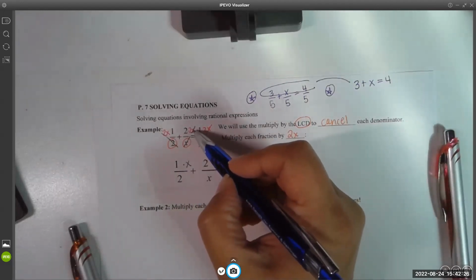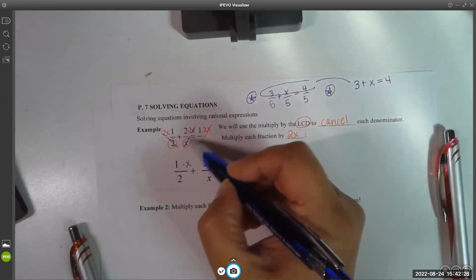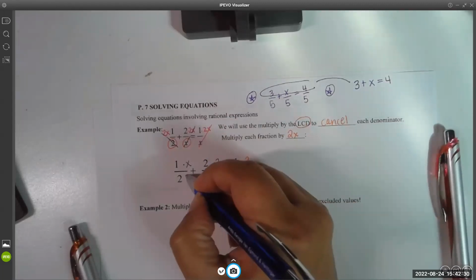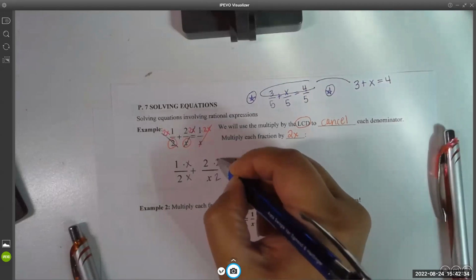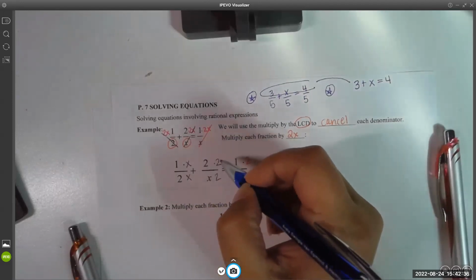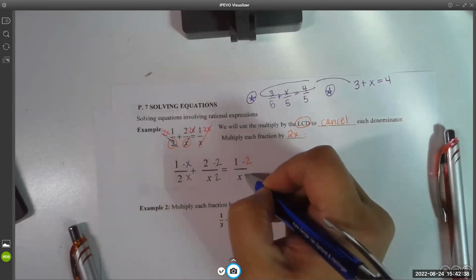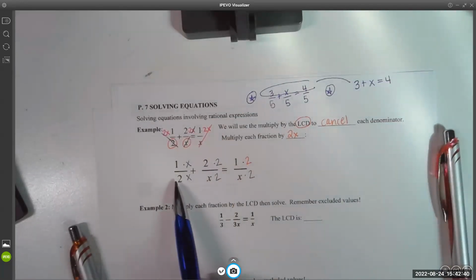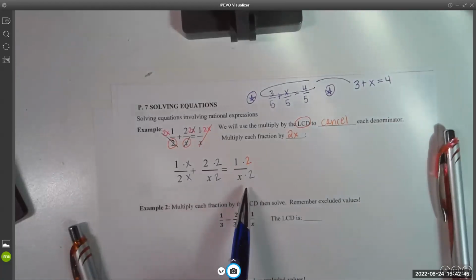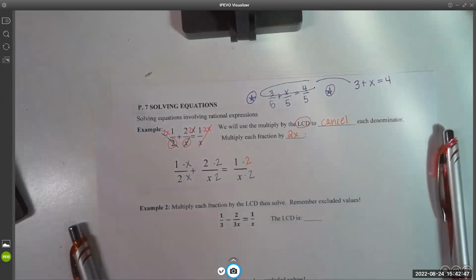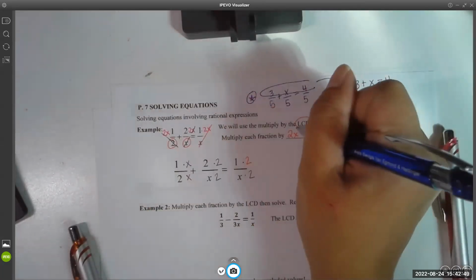And then when I multiply this one by 2x, the x gets crossed out and the 2 gets left over. But you can't just multiply a fraction on the top and keep it the same. So whatever I multiply the top by, I also have to multiply the bottom by. And so this is like another way of understanding what you're doing: that instead of multiplying each fraction by